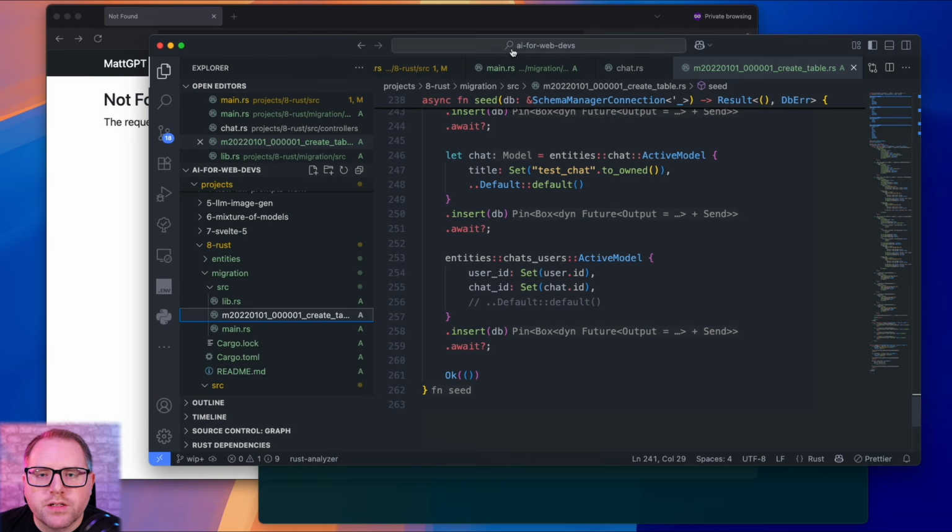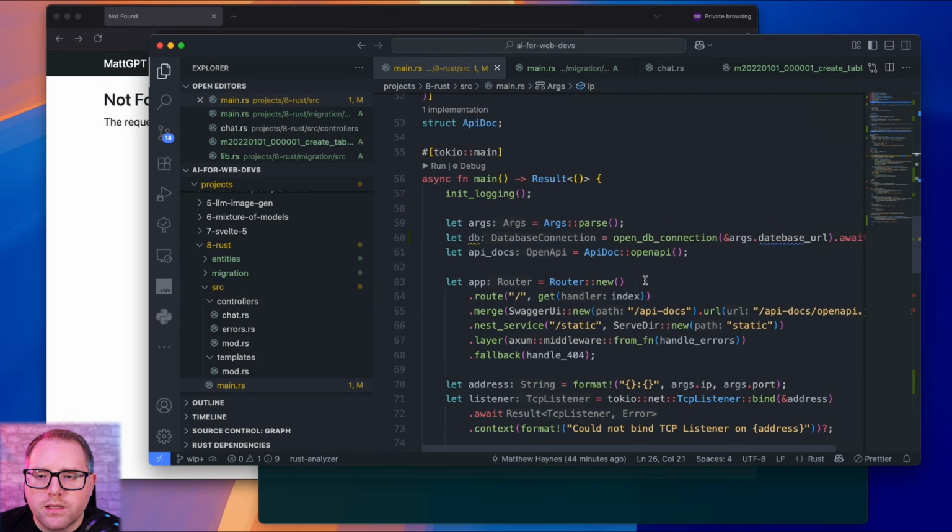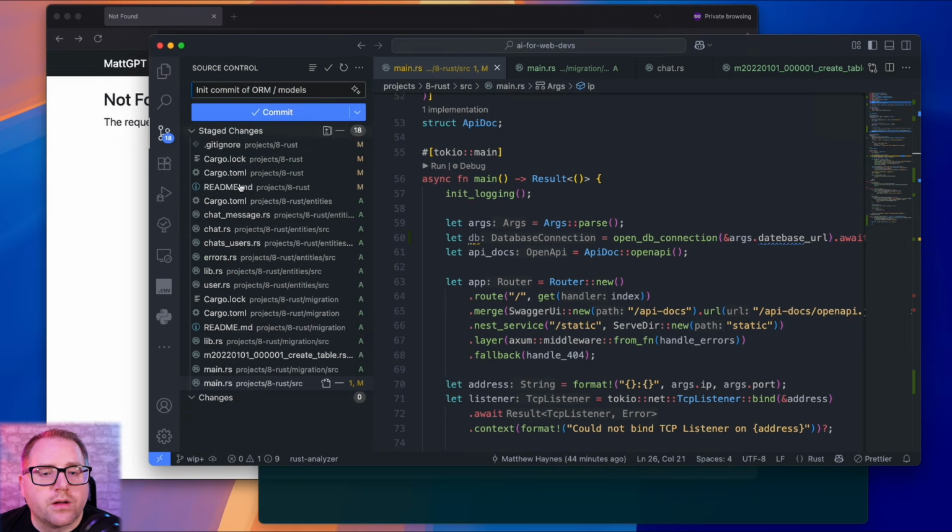So in our main code, we actually check the DB and it'll trigger the migration automatically.